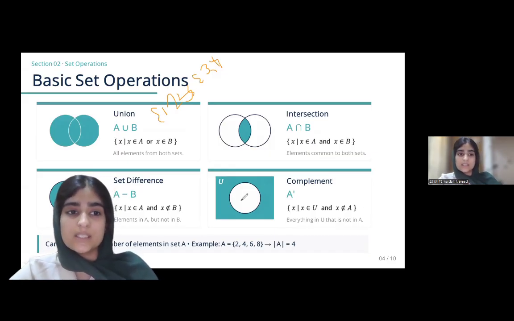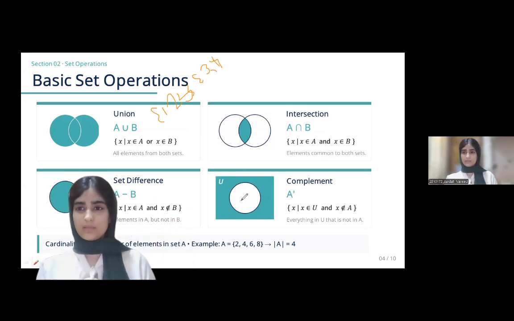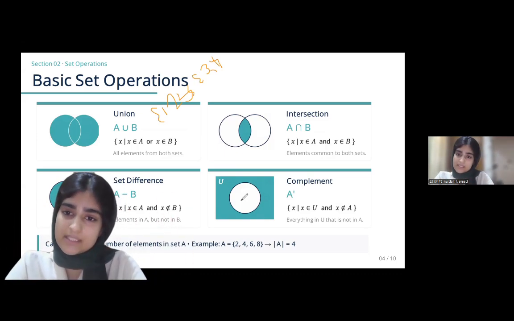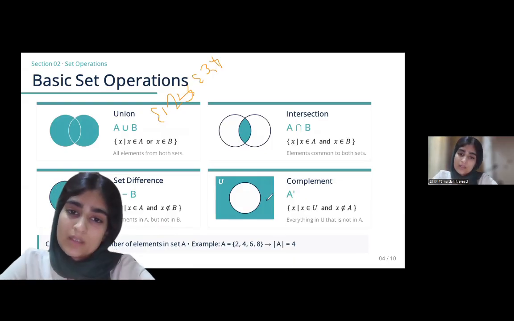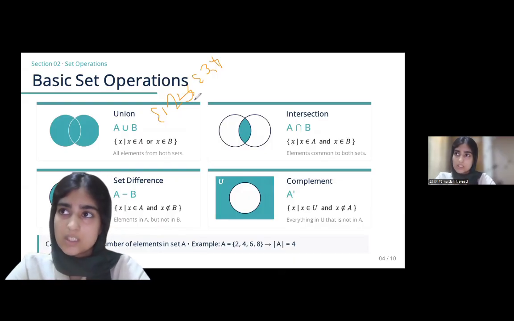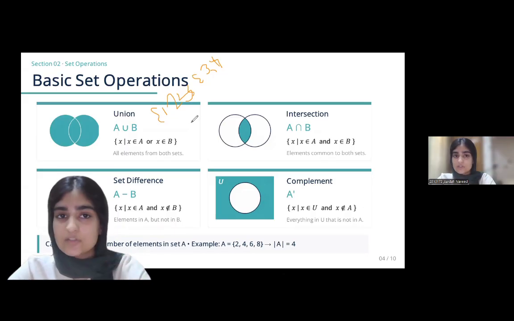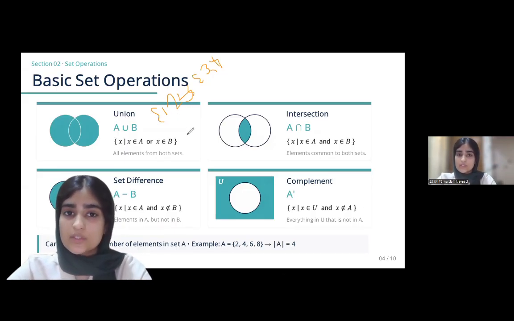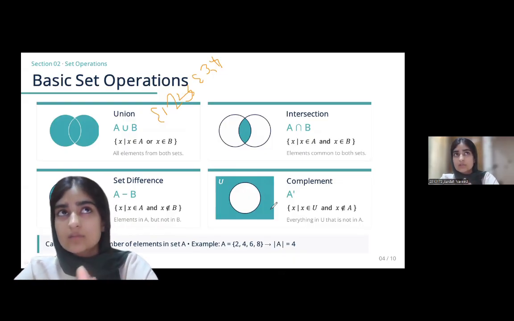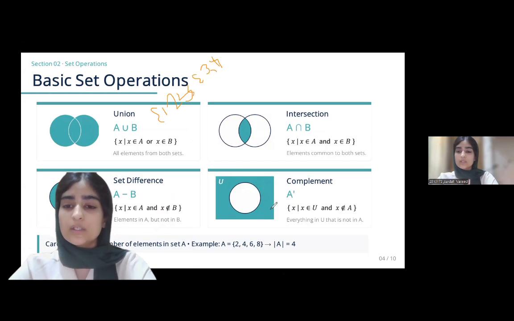So a universal set is a set that consists of a lot of numbers from which we can make different sets. For example, here we can have a universal set which is the first 10 natural numbers, and from them we have the set A, which is 1, 2, and 3. The complement for this set A would be 4, 5, 6, 7, 8, 9, and 10. It will not be 1, 2, and 3.